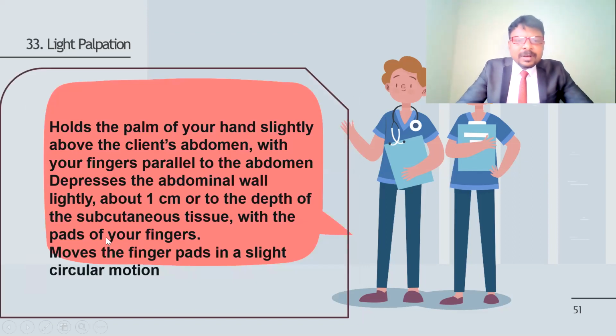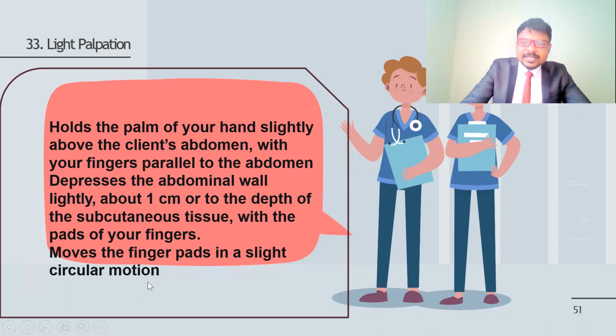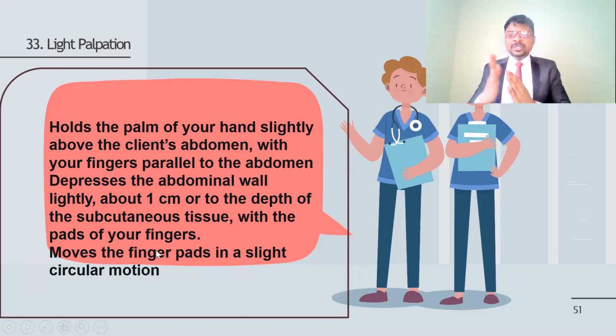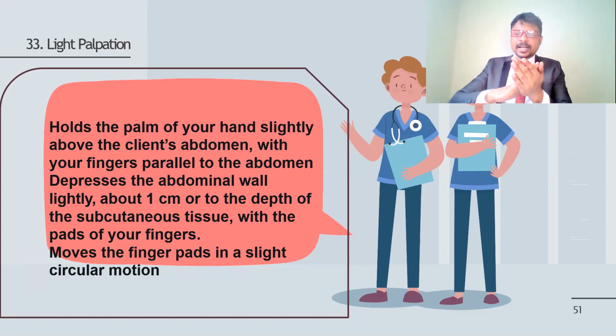Hold the palm of your hand slightly above the client's abdomen with your fingers parallel to the abdomen, and depress the abdominal wall lightly, about 1 centimeter or the depth of the subcutaneous tissue. With the pads of your fingers, move them in slightly circular motions. Use the finger and thumb pads to place gentle pressure until the 1 centimeter depression,